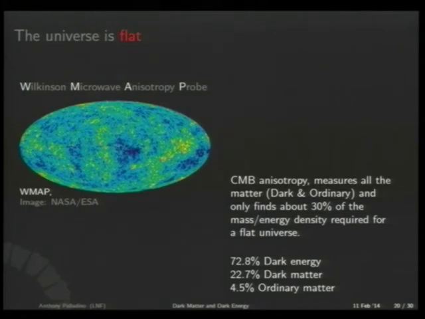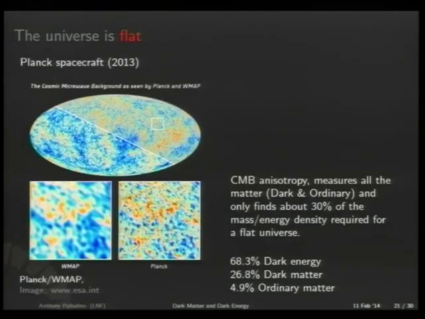Okay, so maybe this side would all be red and this side would all be black or something. But you see a pretty much flat universe. So this, a couple of years ago, produced results that give you 72, 22, and 4.5%. And then last year, in 2013, the Planck results were published, and that gives you a much more precise value of these numbers. So you see that the Planck results are much finer. They have less uncertainty than the previous measurement. So we get a better